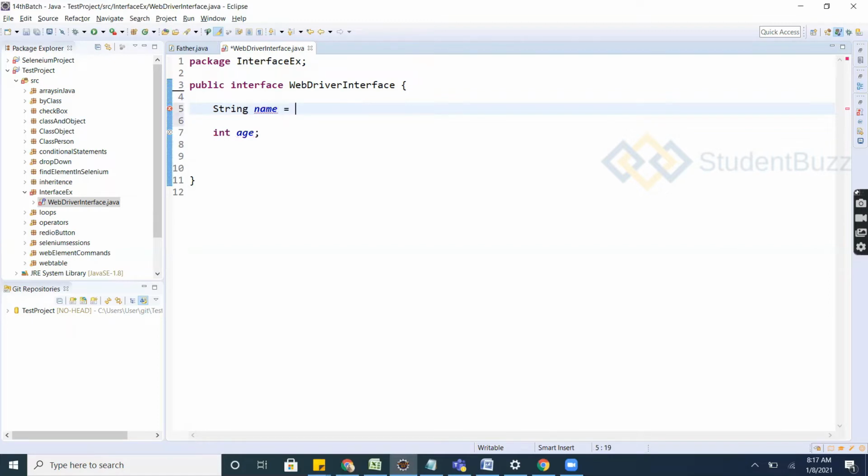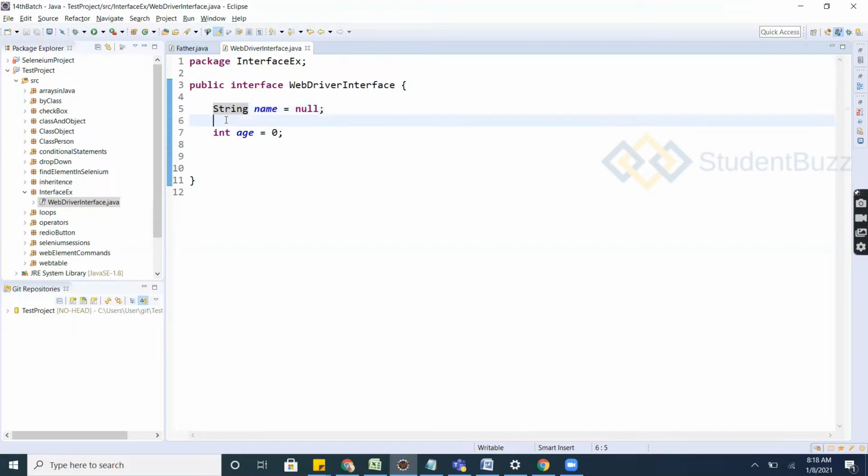Whatever data you are creating should not be blank or null, or empty. Because it's final, you cannot change it in between, so you need to initialize your data. Don't worry about this data for now.